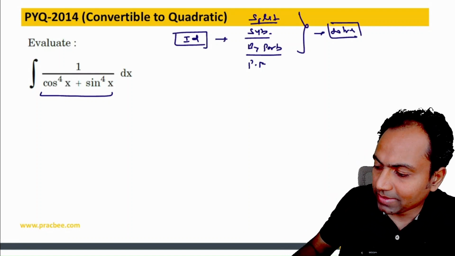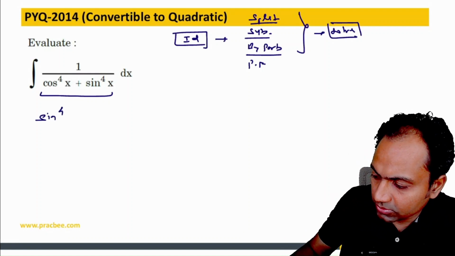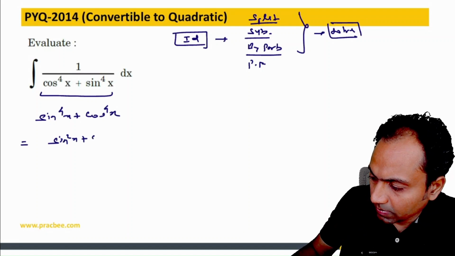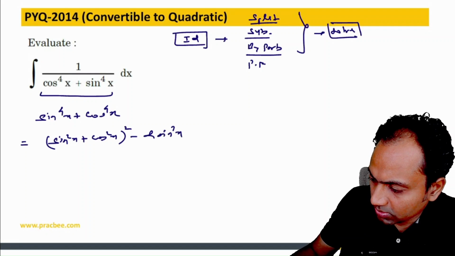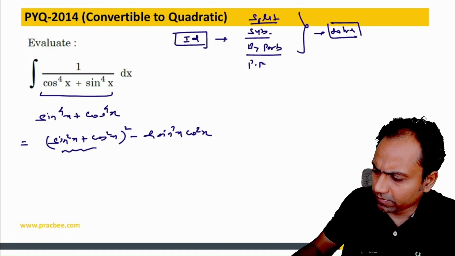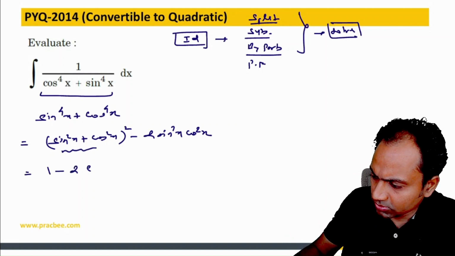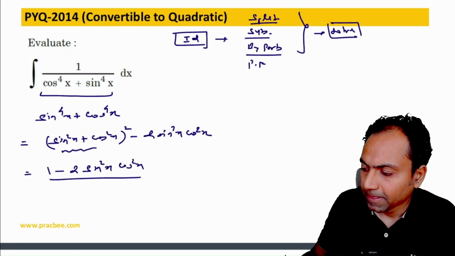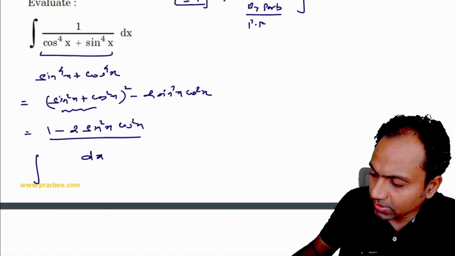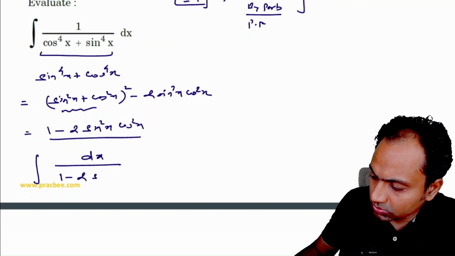So first apply identity here. So if I take this sine raised to the power 4x plus cos raised to the power 4x, this can be written as nothing but sine square x plus cos square x whole square minus 2 sine square x cos square x. And if I do so, you can see that this part will become 1. This is 1 minus 2 sine square x cos square x. And this is something very significant because once we have done that, we can write this as nothing but dx by 1 minus 2 sine square x